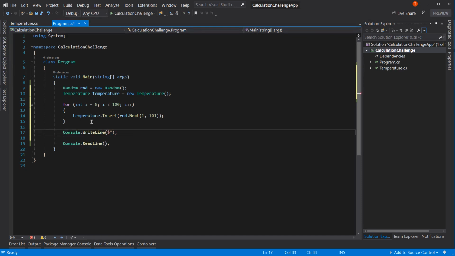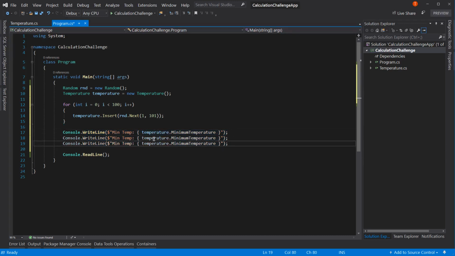We'll do our string interpolation to say min temp, and inside here we can say temperature dot minimum, like so. Then we'll copy this line a couple times. We'll say max and average. Just make sure you change